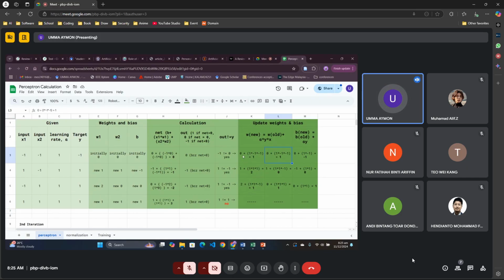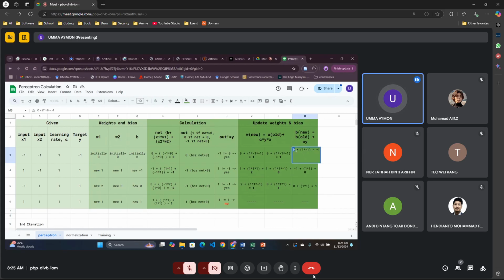This is new w1 and this is new w2. The formula is the same, just the last part will be changed. This will be x2, and we will get 1 for new weight w2. And for the bias,